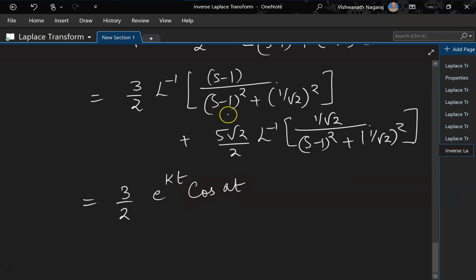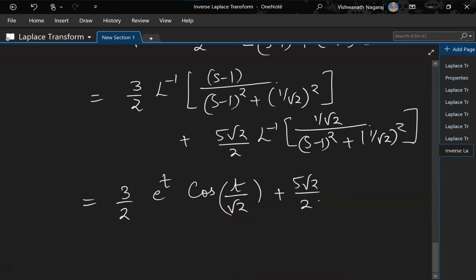K is 1, right? So I don't have to write anything, I can just say e to the power of t. Okay, then this a is what? This is a square, so 1 by root 2. So 3 by 2 e to the power of t cos t by root 2 plus 5 root 2